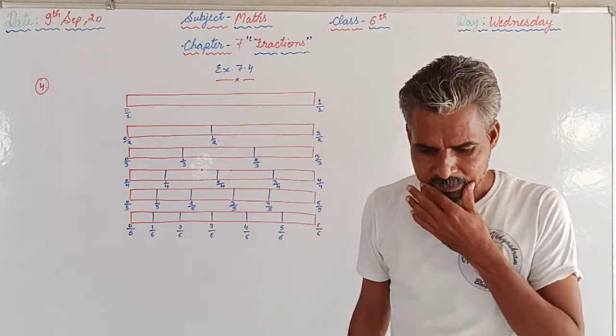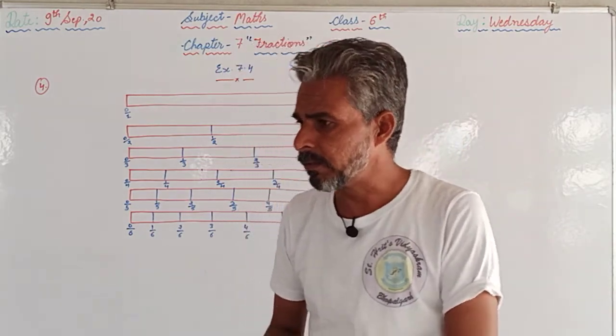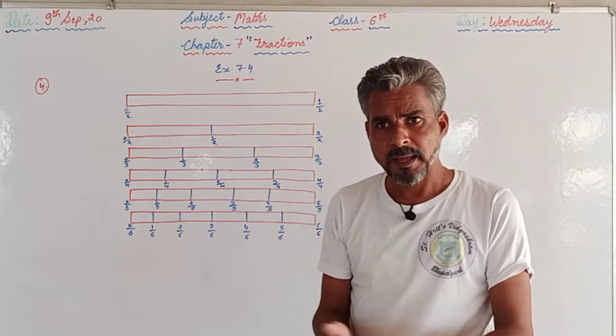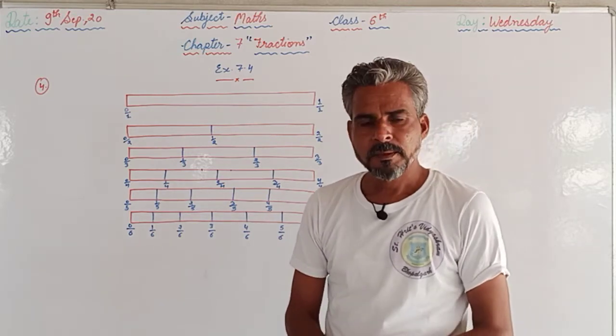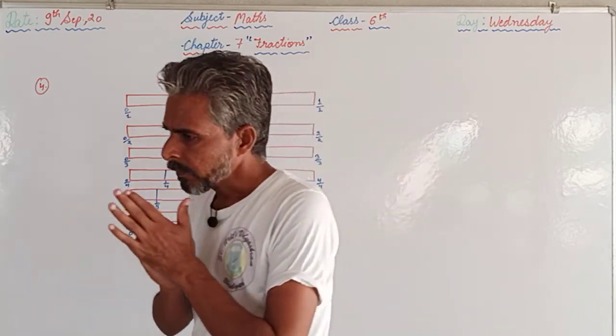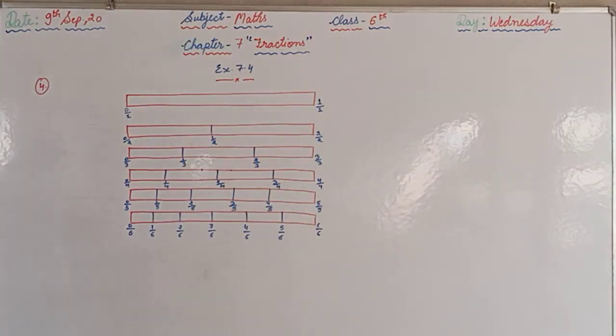This video is for class 6 and the subject is maths, and we are continuing with the same chapter, that is chapter number 7, and as you all know the name of the chapter is fractions. We have already started exercise 7.4 and completed the questions up to question number 2. Question number 3 and 4 I gave you in the homework, but some of the students sent a message that they are having some problems with the fourth question. It is a very easy question, but the demonstration is too large, so that's why problems can be there.